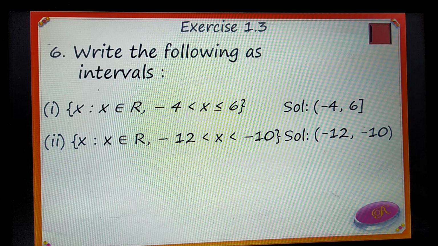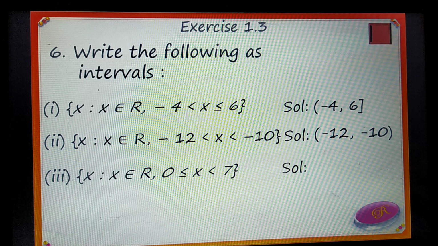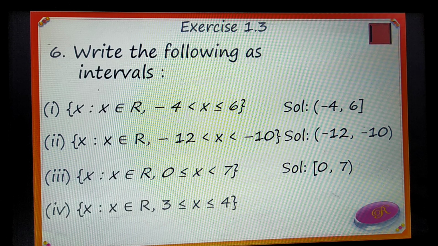Third set is set of all x such that x belongs to R, 0 is less than or equal to x is less than 7. Solution. Open interval from 0 to 7, including 0 and excluding 7. Fourth, that is, set of all x